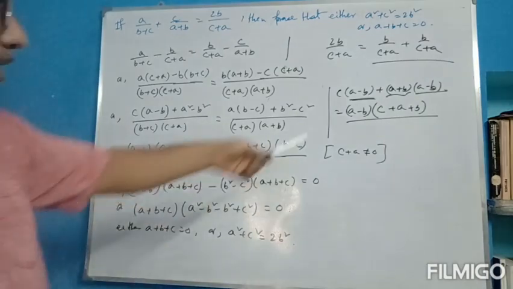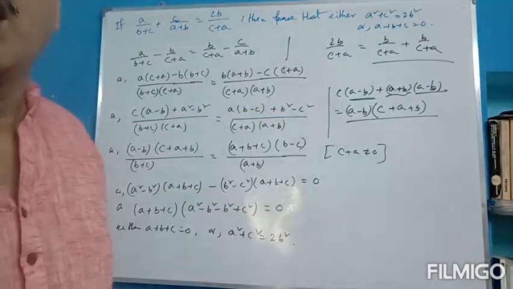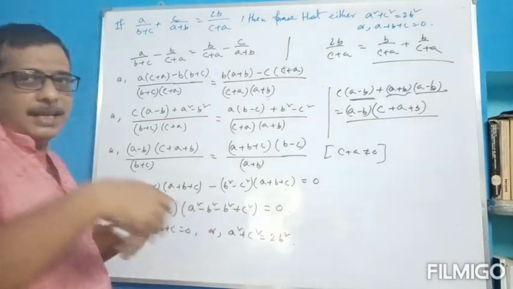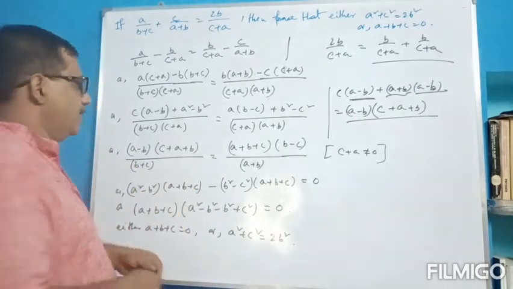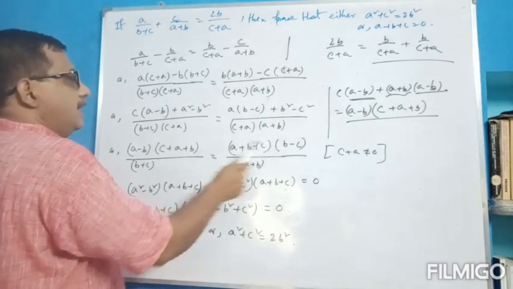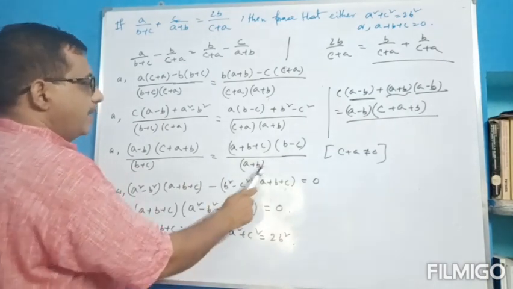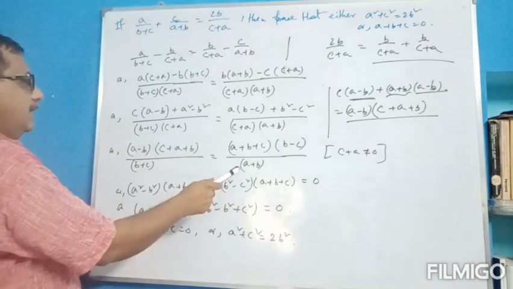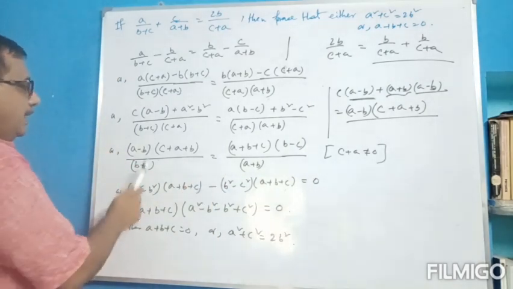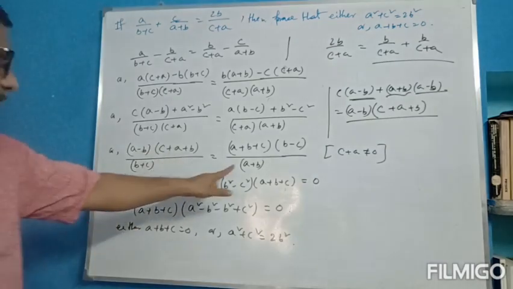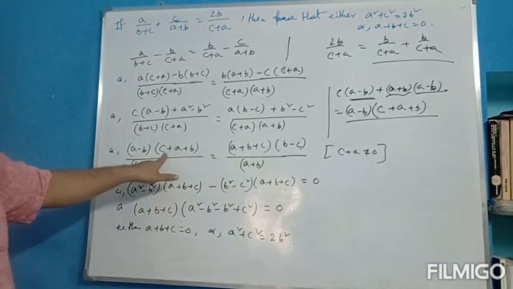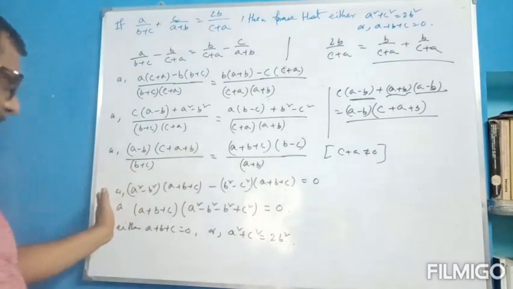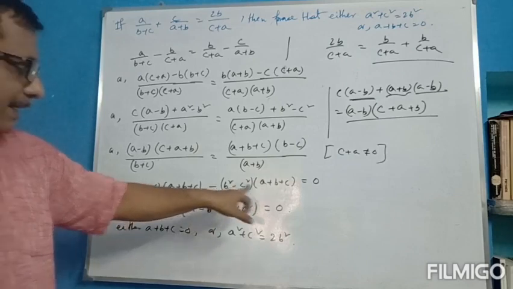Is it clear? Like that. So now if we multiply by any word, it is cross multiplication. b plus c into b minus c, then you get b square minus c square in right hand side, and a plus b plus c remains same. And this is a plus b into a minus b, so we get a square minus b square, into a plus b plus c. So if we take these things into left hand side, then we get minus sign, that is equals to 0.